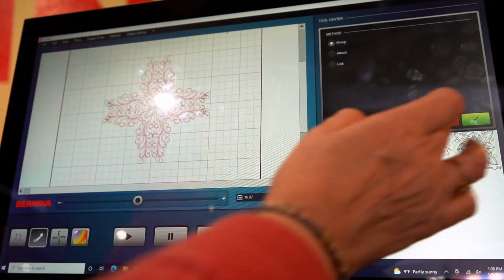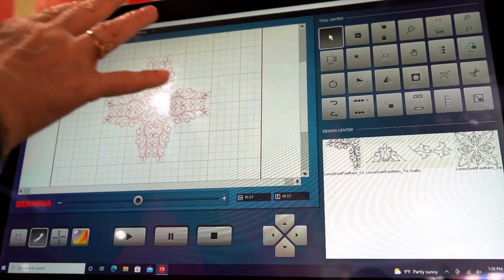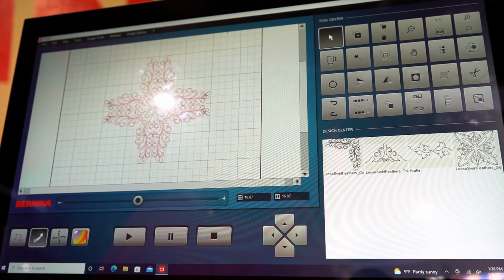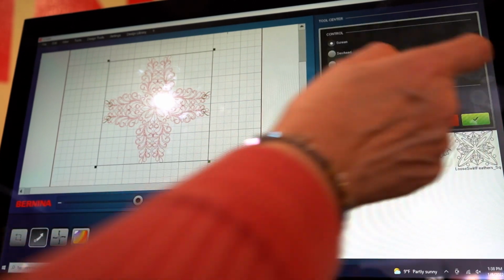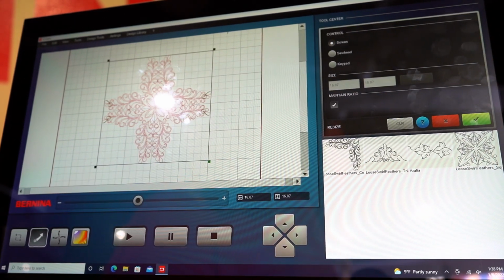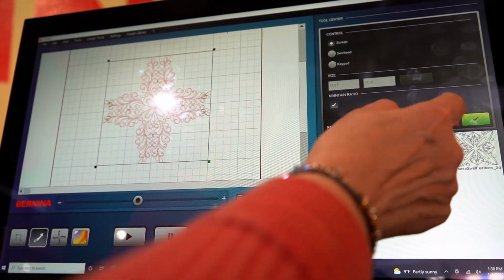Group all together. And then I'm going to use the green check mark to set that. So that is now one group. All right. So the very next thing I'm going to do is select the resize icon, and that's this guy right here. And this one I'm going to make 16 inches. It's at 16.07 right now, so I'm just going to,